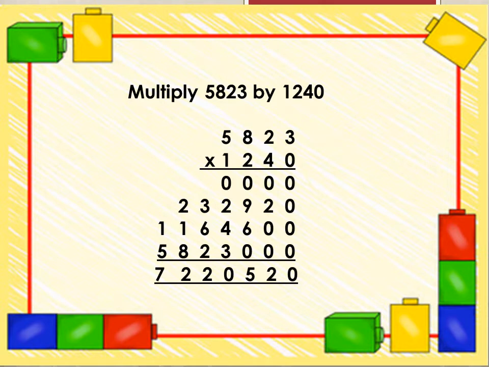Here in this example, the multiplicand and multiplier both are 4 digit numbers. Let's start with the ones place digit. When we multiply the multiplicand by 0, all the places will be filled by 0. As you know, the property of 0: when a number is multiplied with 0, the result will be 0.